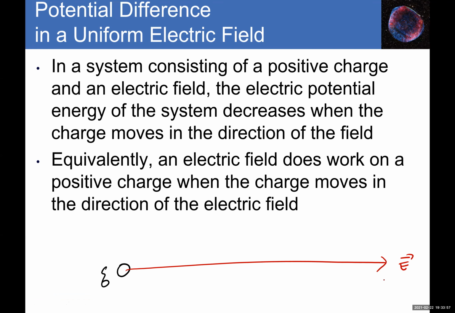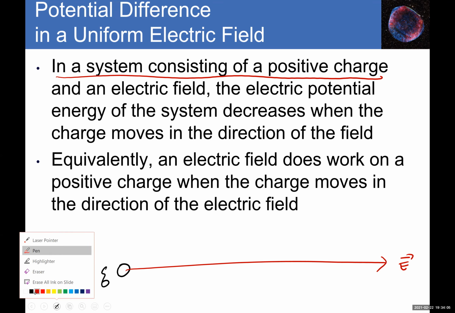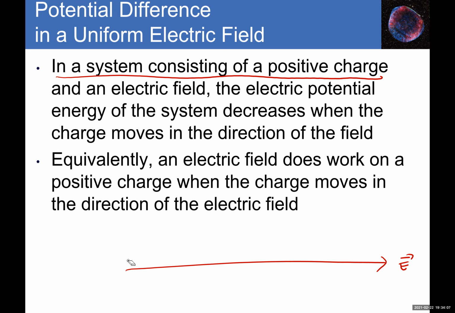In a system consisting of a positive charge and an electric field, let's say there's an electric field in this region like that. So if you bring a positive test charge,